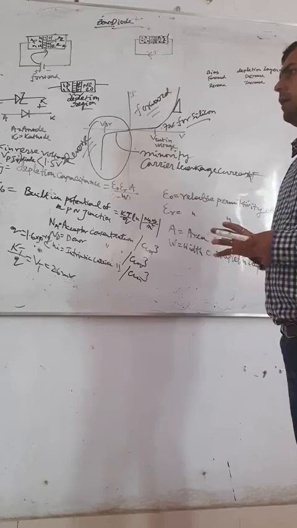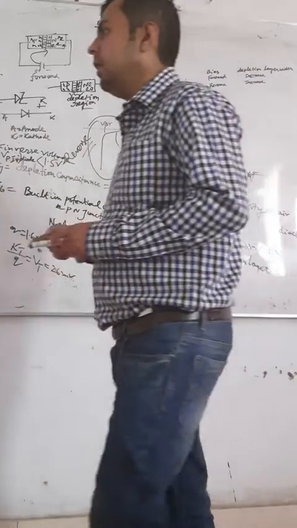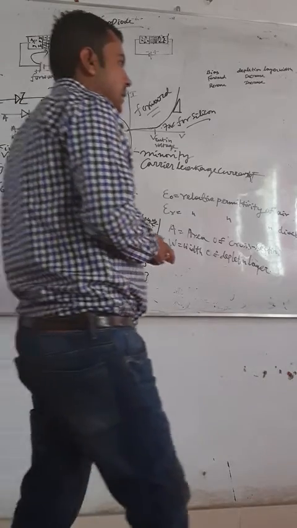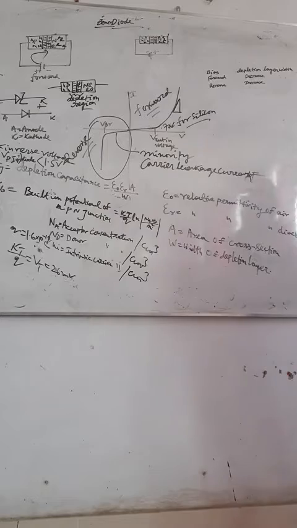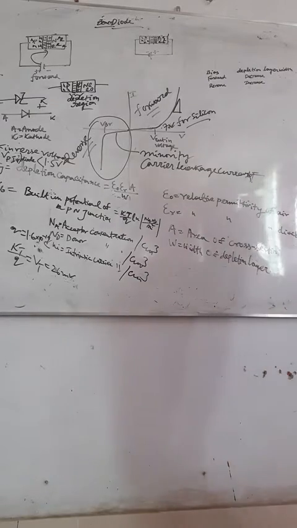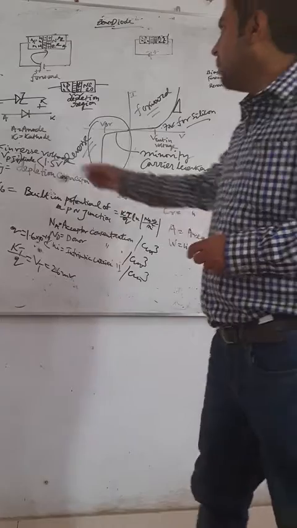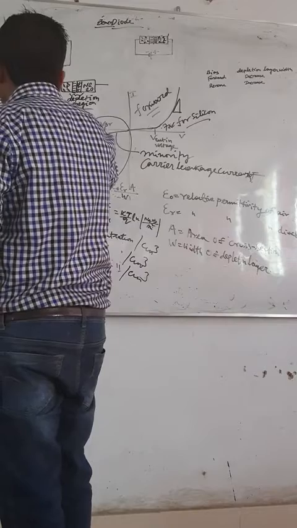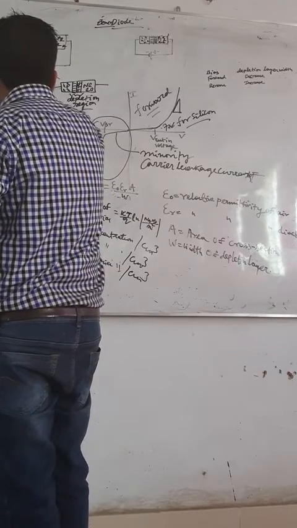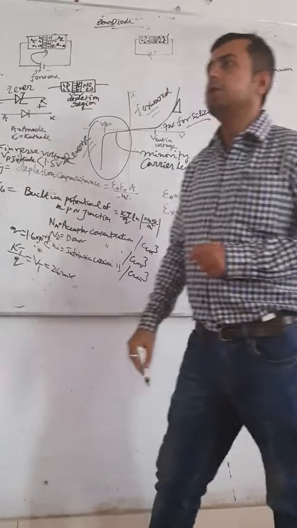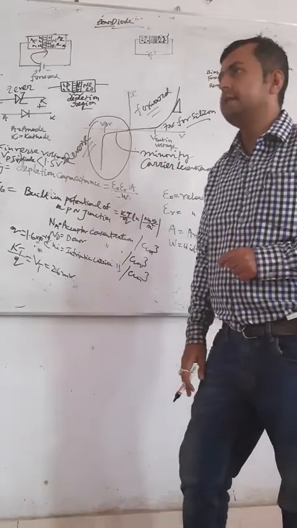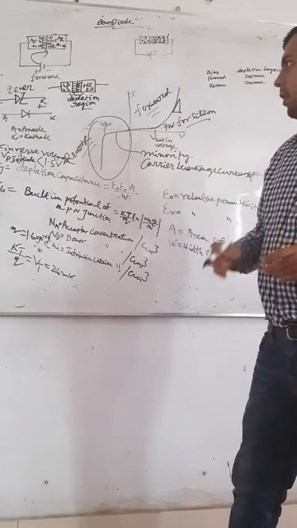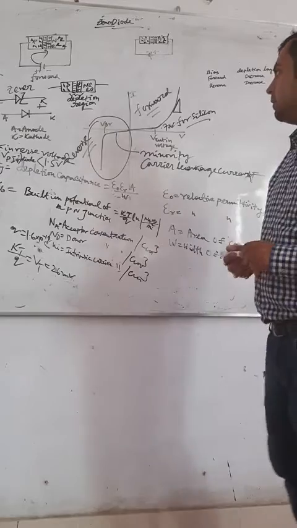So, you have learned what Zener breakdown is and what avalanche multiplication of charge carriers is. Do you know the Zener diode basic operation? It is like an ordinary diode, but it is used basically in reverse bias. This is the symbol of the Zener diode, the anode and cathode. Anode is always connected with negative, cathode is always connected with positive. This diode is basically used for reverse bias operation in the lab. So this is our ordinary diode and Zener diode operation.